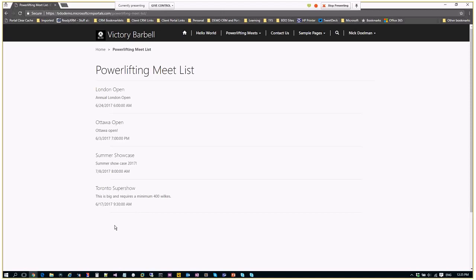To give it some context, this really didn't take me too long at all to build. It was probably a few minutes to build out that list. Of course, it's not super heavily designed, but I can begin to go in and manipulate it, make things bold, move things around.